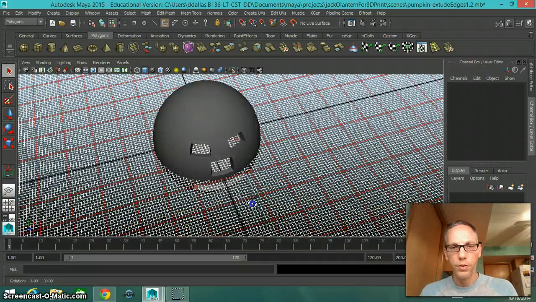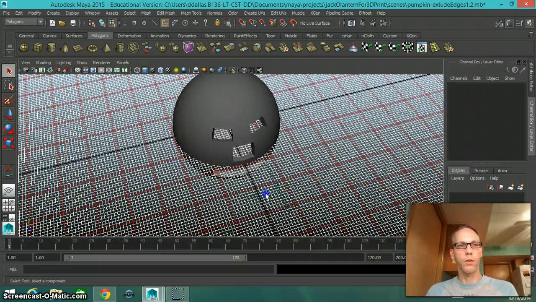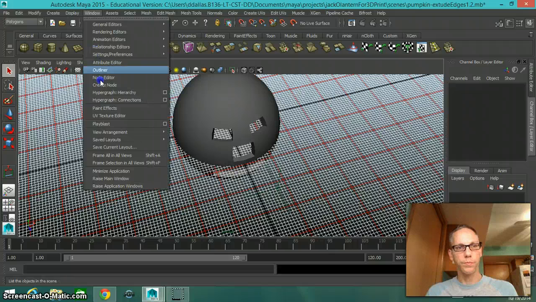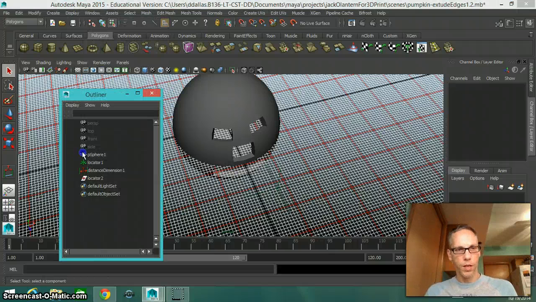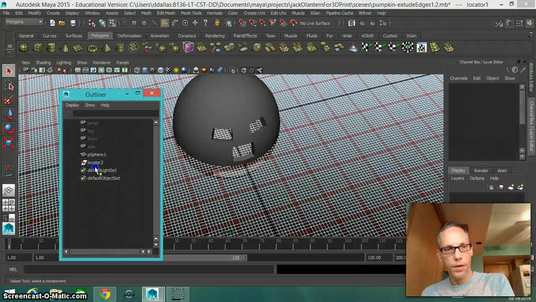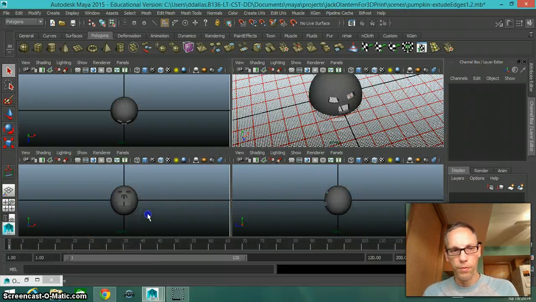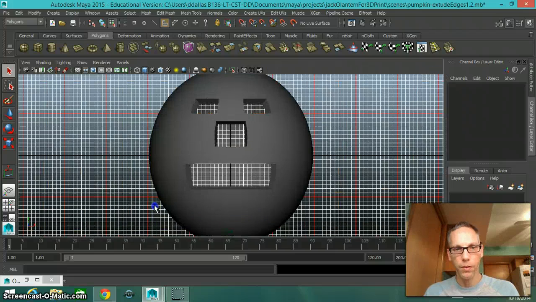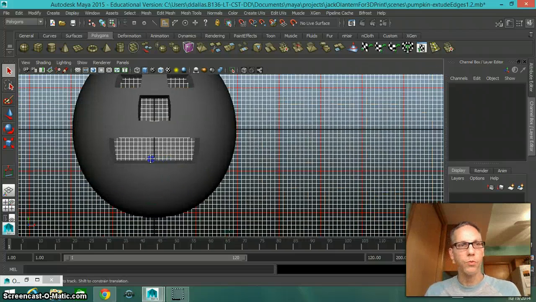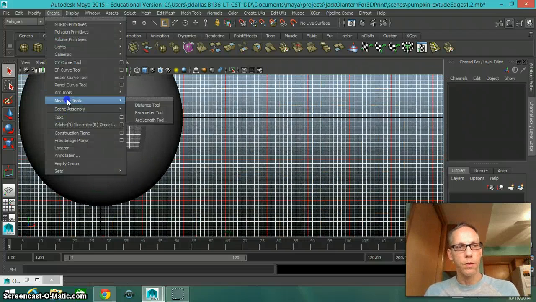What I want to do is, it seems to be stuck there. I'm gonna go to my outliner really fast and get rid of that and get rid of that. Alright, so I'm gonna go to my orthographic view really quickly. It seems to help. So I'm gonna go up to Create, and I'm going to go to Measure and a Distance tool,